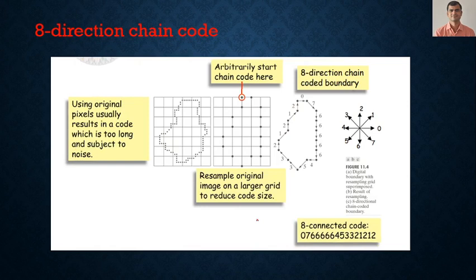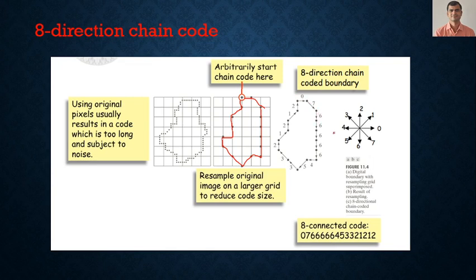Now we'll see the 8-direction chain code. Here it arbitrarily starts from this point. We have to move like this, then like this, then like this, and this becomes your code. This is your shape. When you move from here to here, we have 0. From here to here, we have 7.